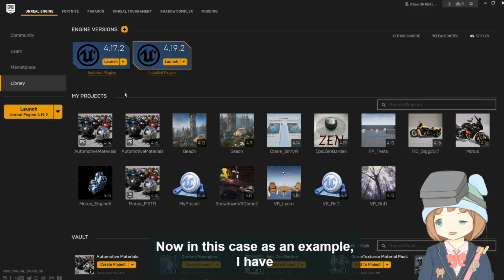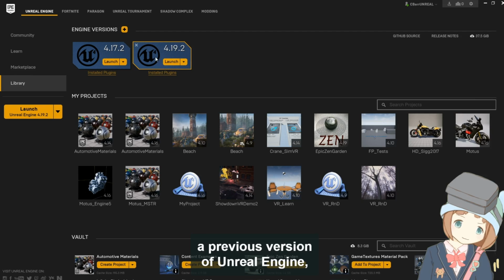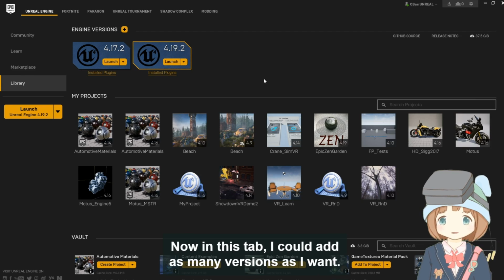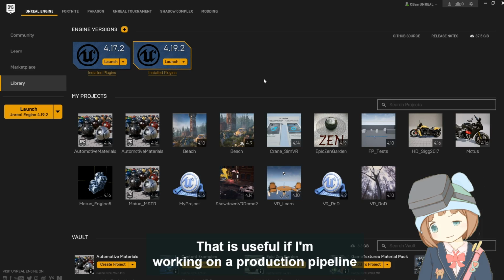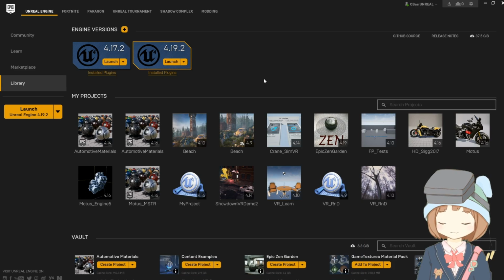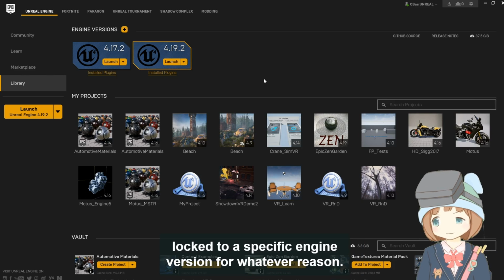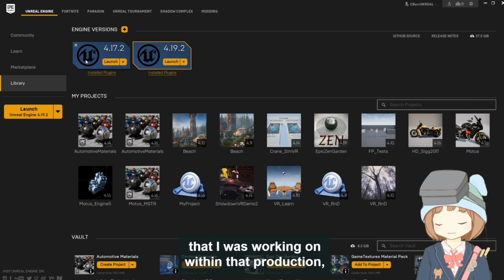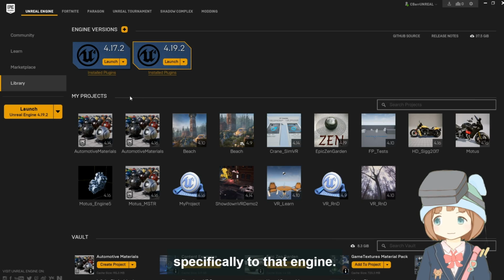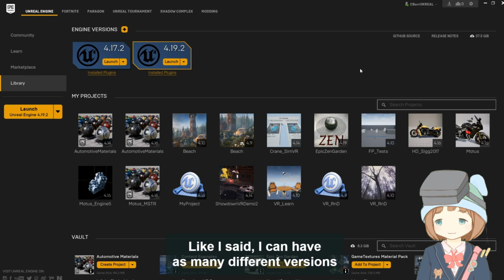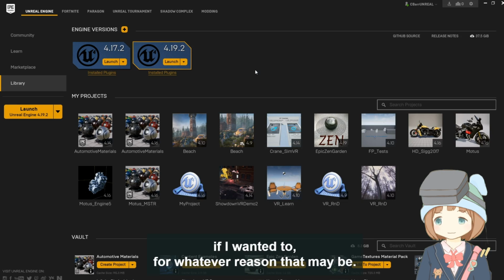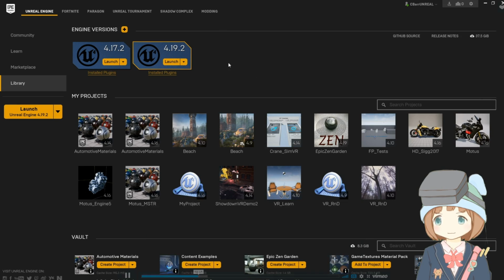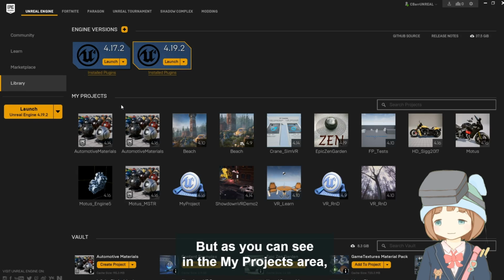Now in this case, as an example, I have in here a previous version of Unreal Engine and a current version of the engine here. Now I could stack up into this tab as many versions as I want, and that's useful for if I'm working on a production pipeline locked to a specific engine for whatever reason. I could be able to go back and forth for projects that I was working with within that production specifically to that engine. But like I said, I can have as many different versions of the engine in here if I wanted to for whatever reason that may be. Now, this is where we would launch our engine, but as you can see in the My Projects area, this